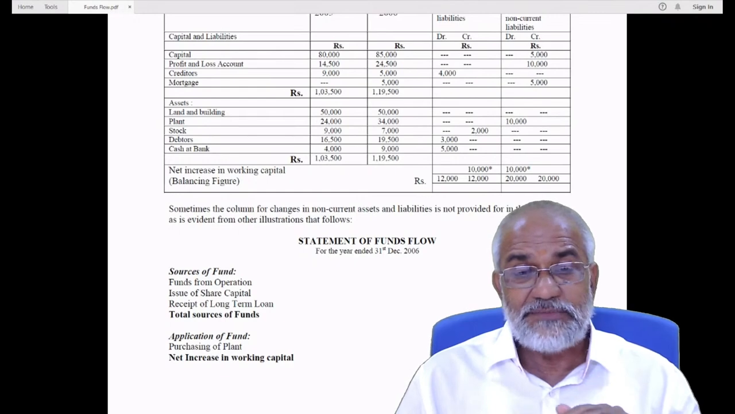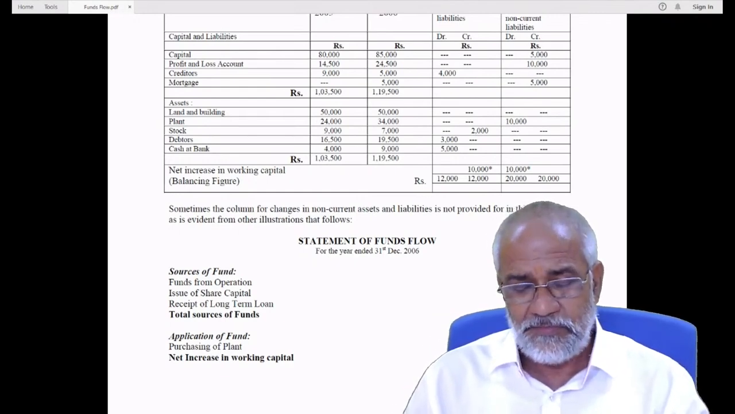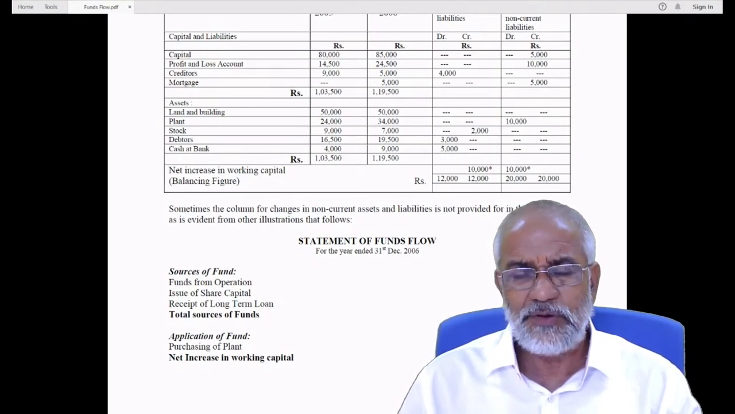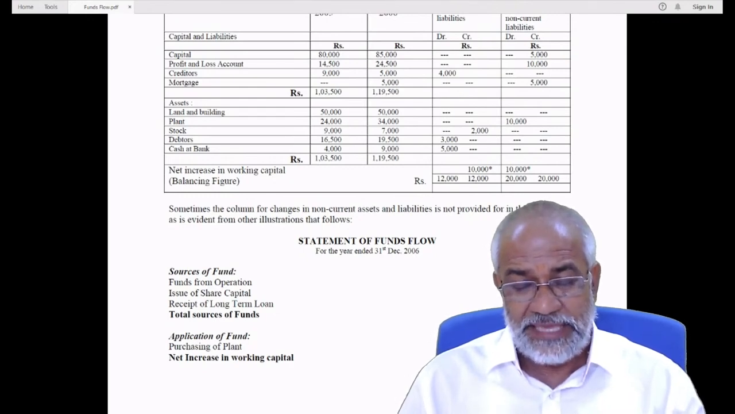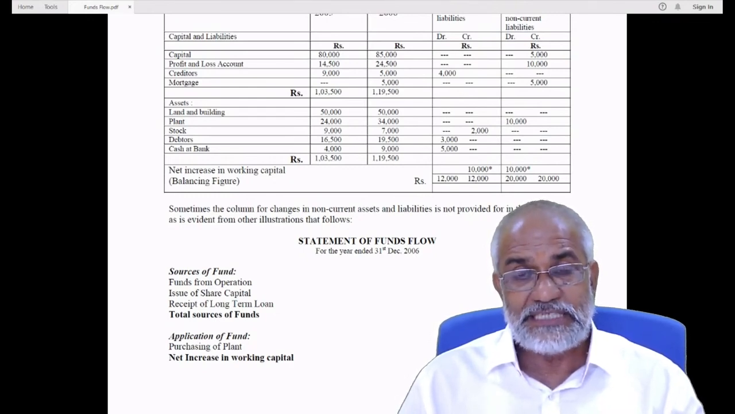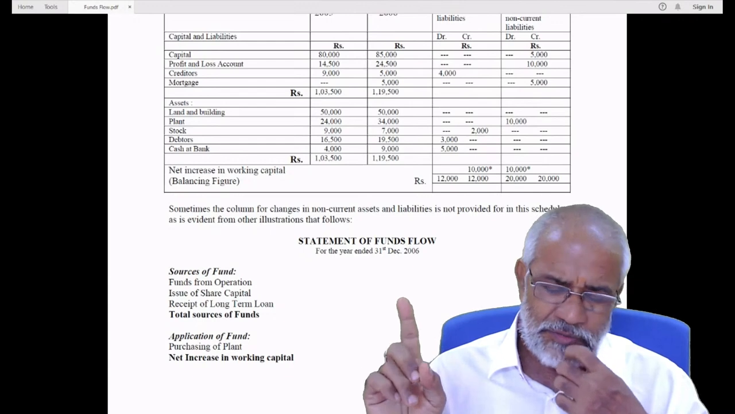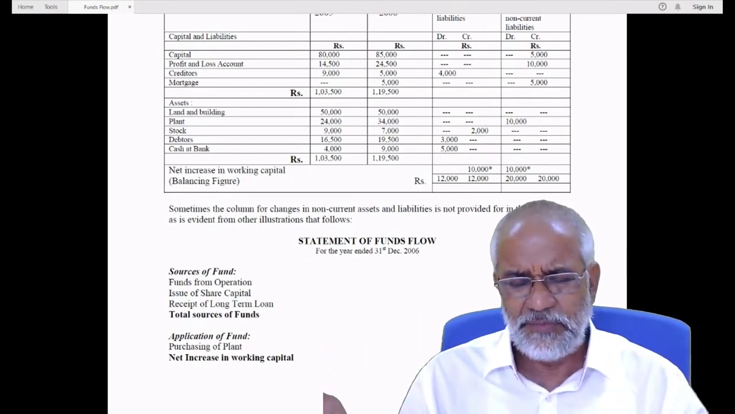So what are the other items affecting, just like depreciation, the funds from operation or the operating profit? These items are to be taken, and care must be taken while preparing the statement, the memorandum profit and loss account, the adjusted profit and loss account. The debit balance, the opening balance, must be appearing in the credit side of the memorandum PL